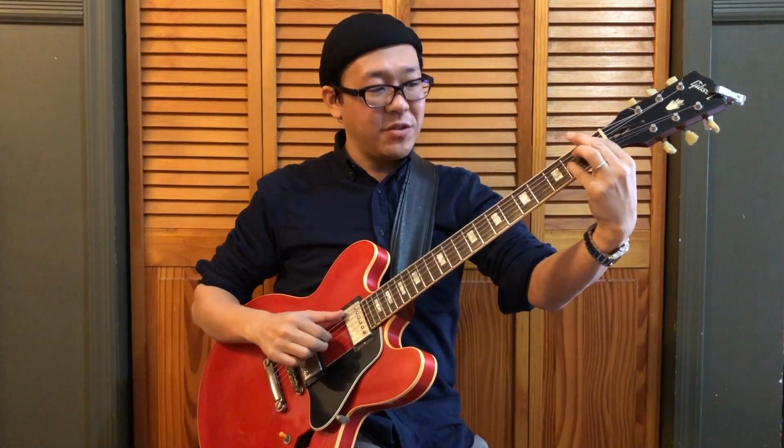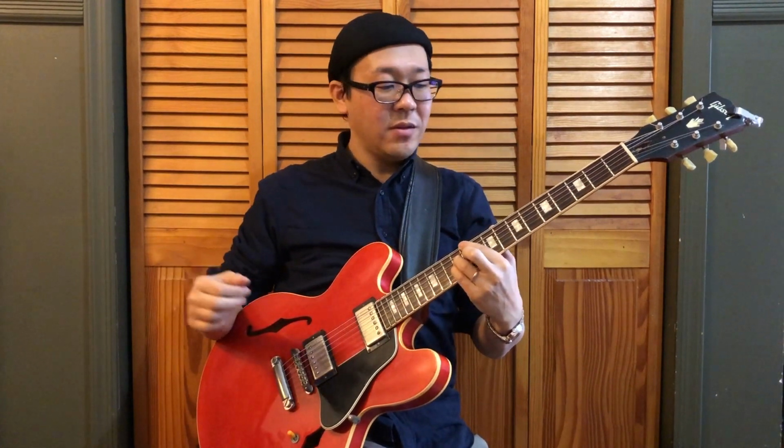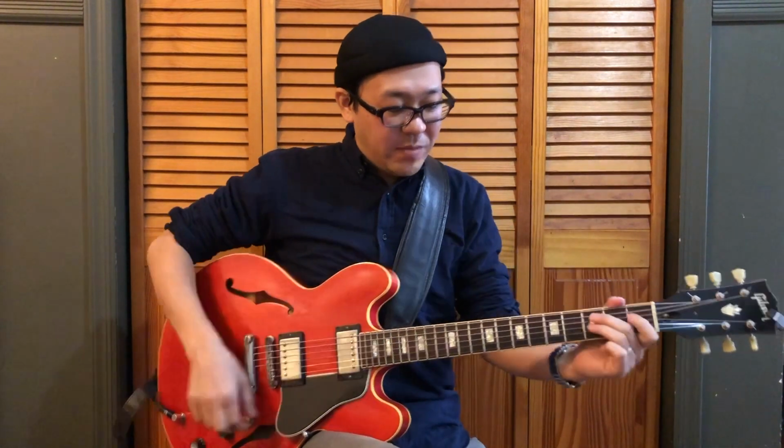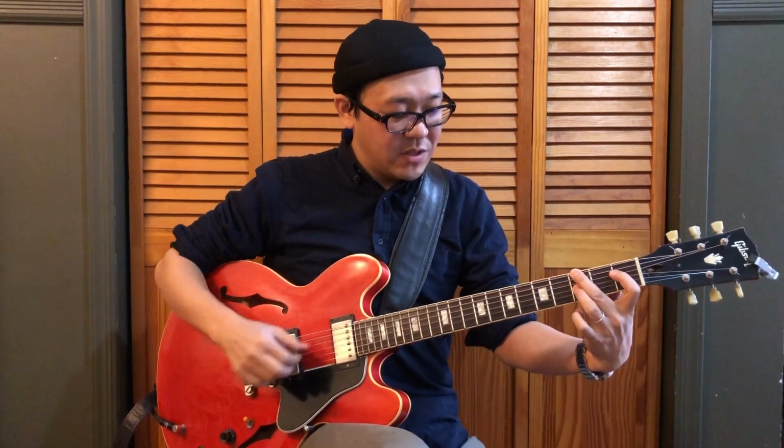And then B flat major 7, or like here. And then E flat major 7, A minor 7 flat 5, D7, and then G minor 7, and then G7. Yeah. So that's a really effective way to practice, because once you get used to playing two positions, or maybe possibly one, like say C minor 7 here,